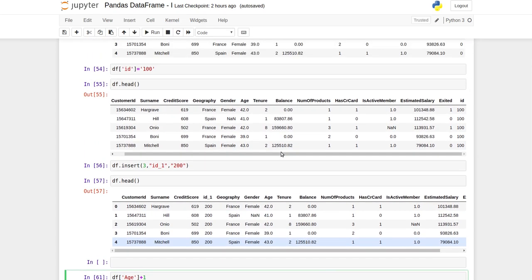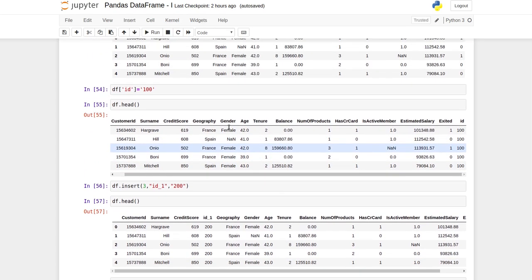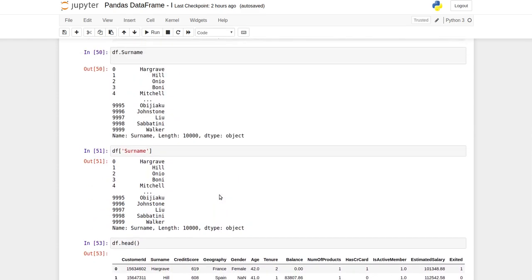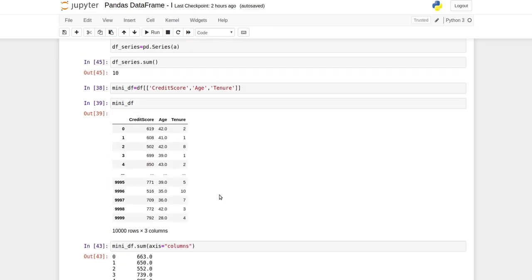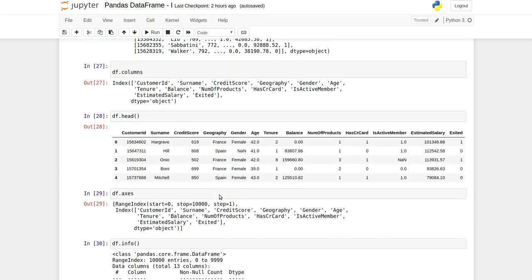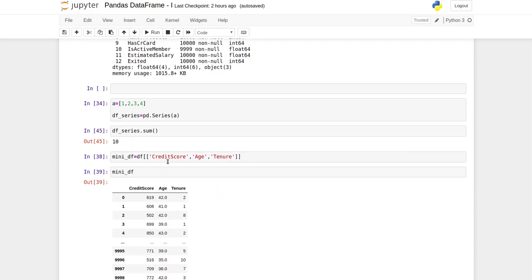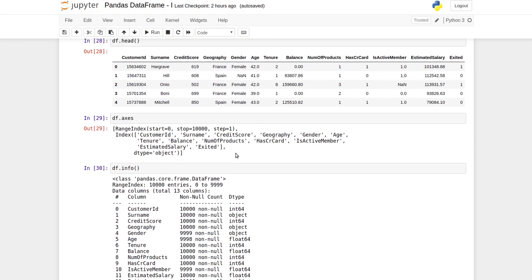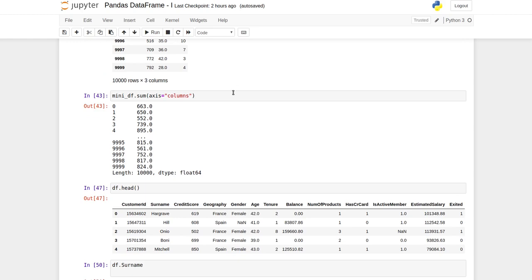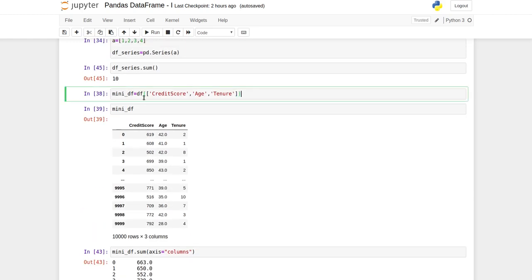Let me now cover the interview questions which can come from this topic. So this is an interview question: if you want to add a column in some position, not at the end of the data frame, you need to explain this insert function. Okay, the second question: if you want to take 2 or 3 columns from your data, how are you going to do this?